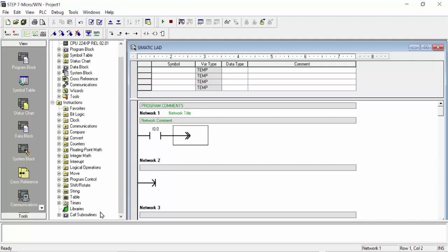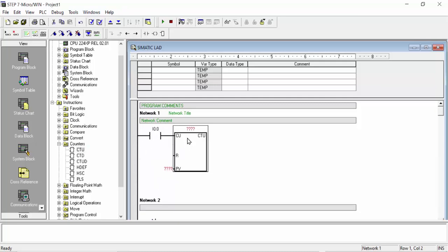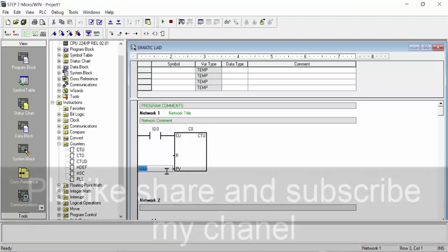I will give the input address, and here we will use the counters. Here is the counter section. You can find CTU. Double click on it. After that you can find this function, and here I give the address to this counter, C0, and value I will